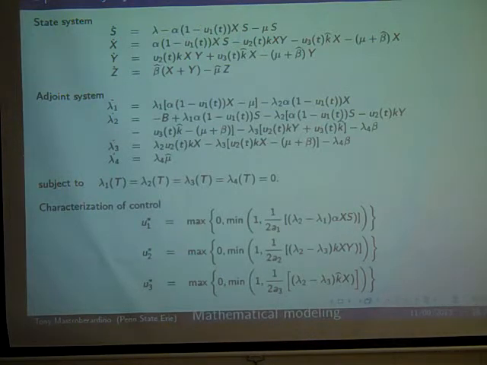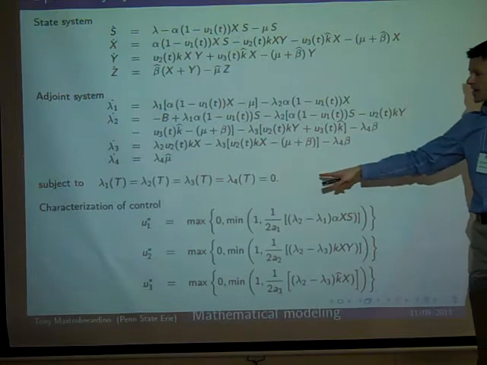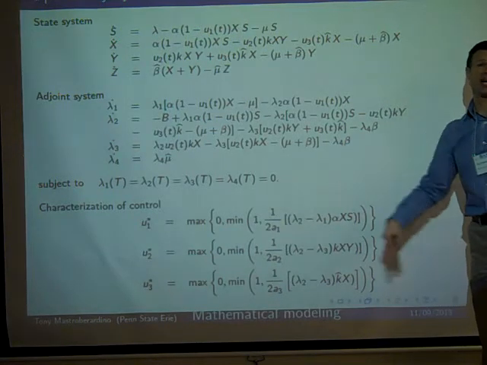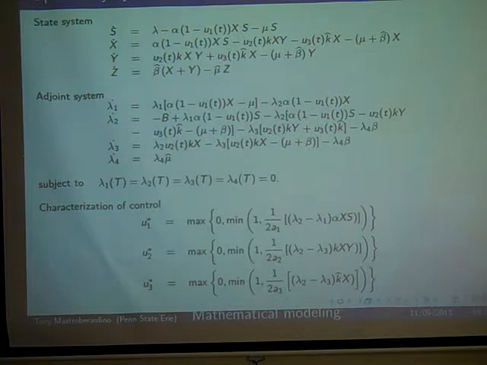And now, what's different about this adjoint system is that it's actually a final value problem. We know what the lambdas are at t, but not at 0. Then also we have this characterization of the control, and like I said, this all comes from this principle. This is certainly a non-standard system of ODEs. We have an initial value problem for 4 functions, and then a final value problem for these other 4 functions. And these equations are all coupled. So it's tough to solve, and there's this